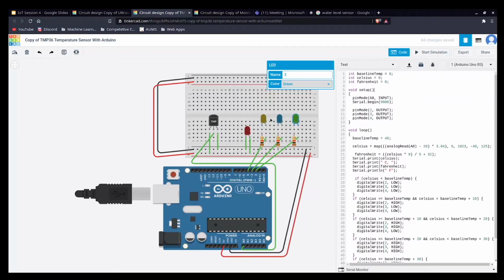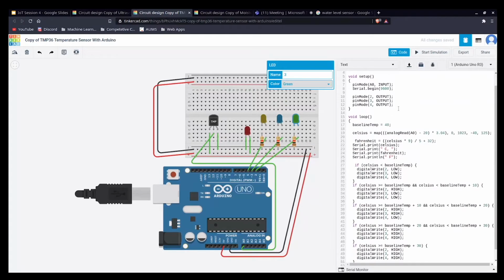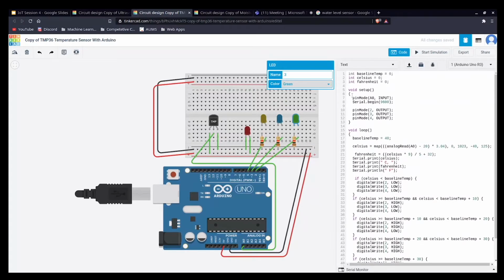If the temperature is less than value 1, it goes to some other LED, and if it's in the range of value 1 and value 2, it shows a particular LED, and if it's greater than the second value, it shows another LED. Okay, so we have the baseline temperature, Celsius and Fahrenheit values here.